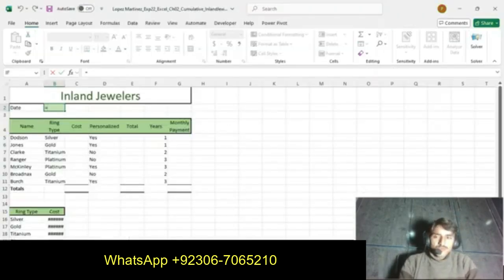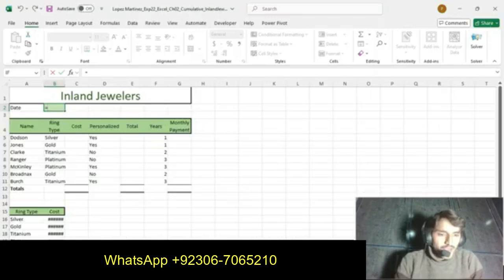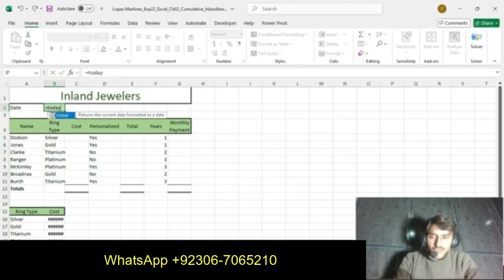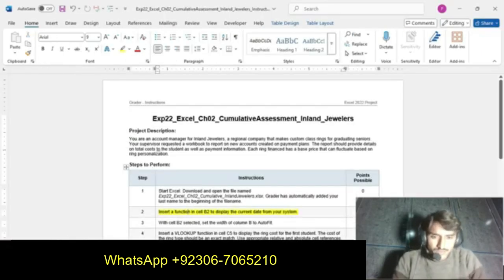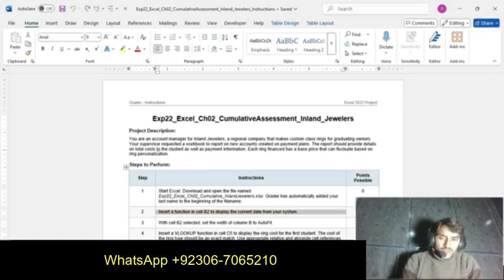We apply here the TODAY function and we get our result, the current date. So our step number 2 is completed.